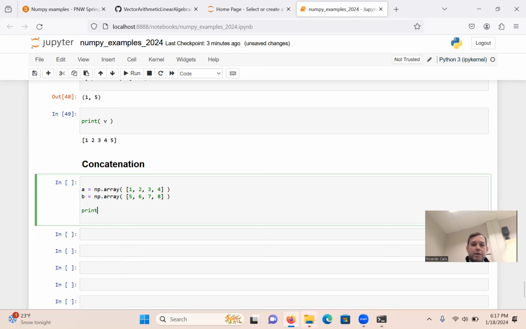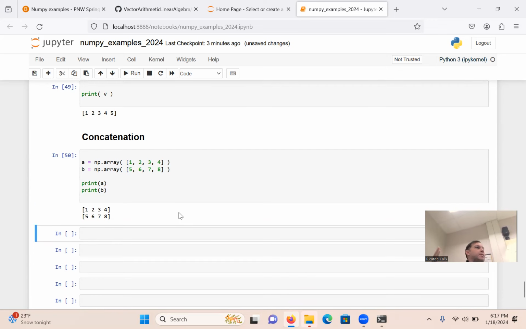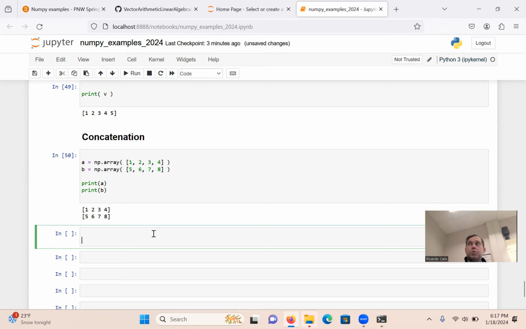a single one. So I have print A, print B. So if I run this, I've got my two NumPy vectors in this case. Now I'm going to want to concatenate them. So it's straightforward. Most, you know, PyTorch